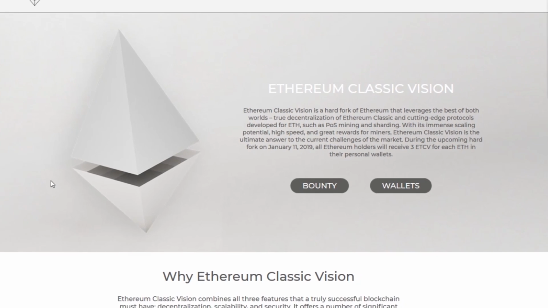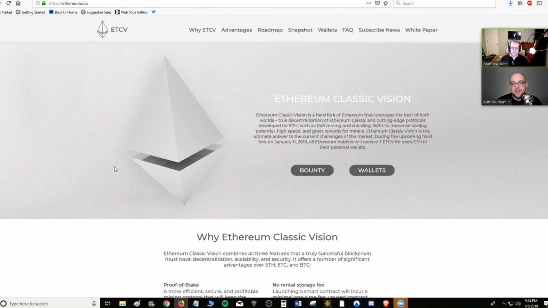So some group came together. They want to do it a little bit differently than the Vitalik and crew. I would tend to think that this is some sort of a scam fork. You get 3 of this Ethereum Classic Vision coin for every 1 ETH that you hold,